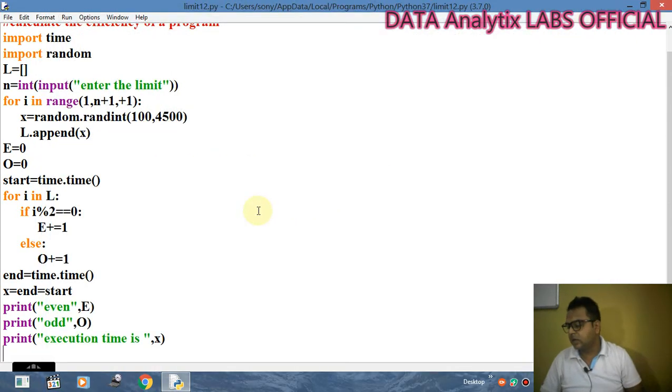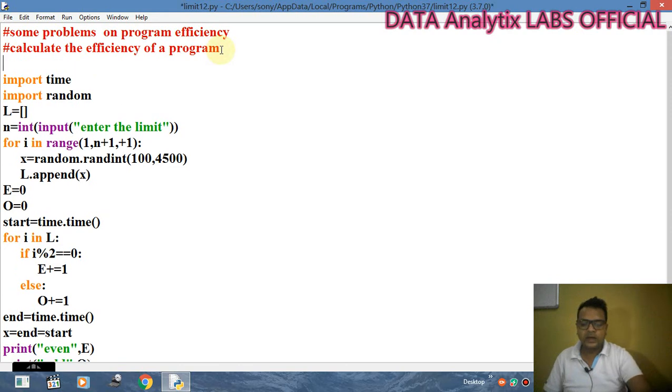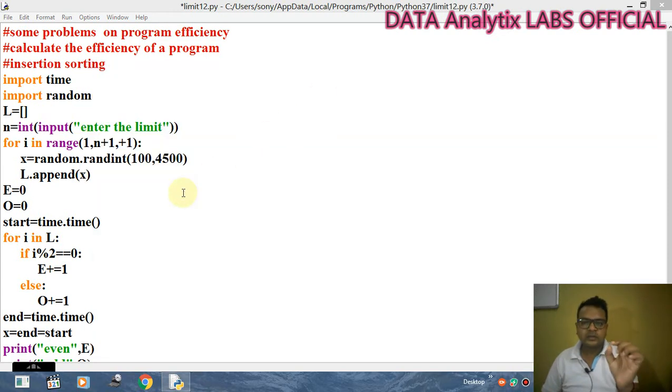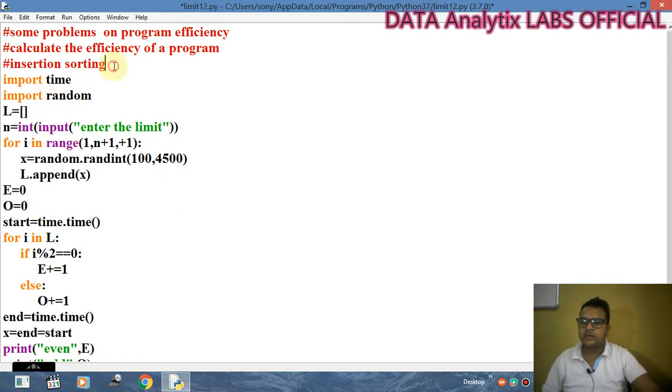Clear? Now we'll have one more, that is how to use insertion sort और linear searching और binary searching. तो मैं एक example लेता हूँ आपका insertion sorting का. Insertion sorting is basically a method. What it does, it basically sorts the element, and sorts the element in a way that first of all the second position element is selected and then compared with the first one, and then swapping will be done. I'll take one example over there.